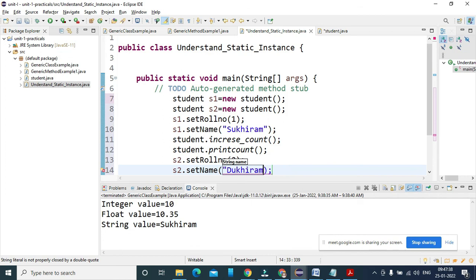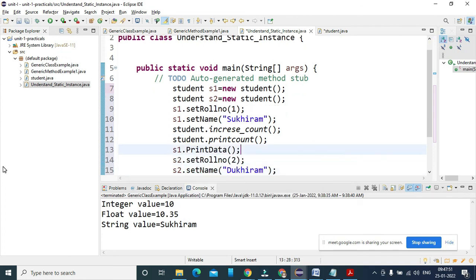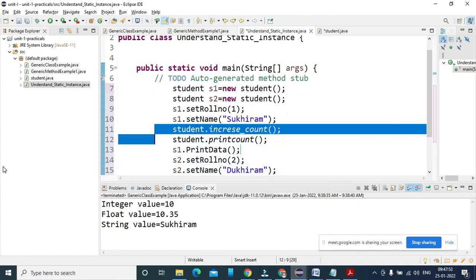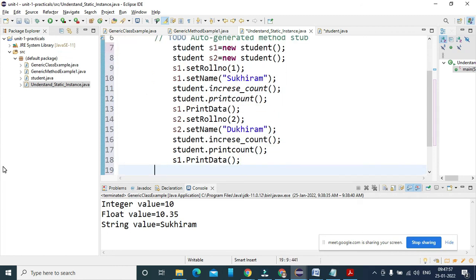Okay, so I'm going to call this increase count, print count, and print data here. So for print data I have to use this part here. I just want to repeat this for s2 also.